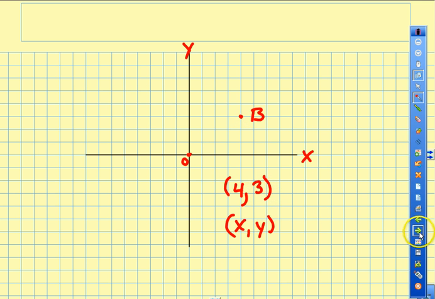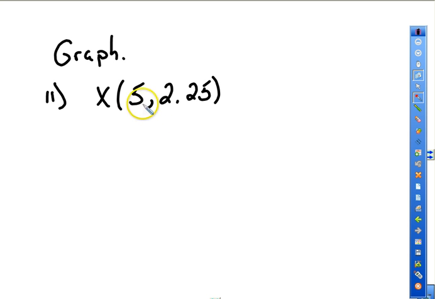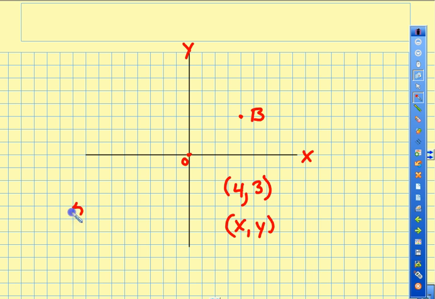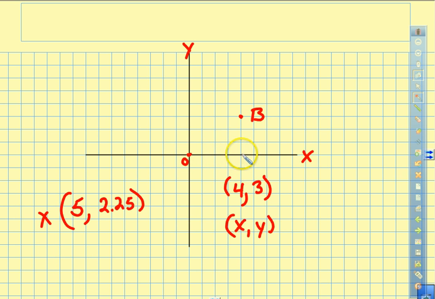Okay, so let's look at the next one. It says now graph 5 and then comma 2.25. So go ahead and graph letter X on that point. So just make your own graph and plot it. So I'm going to go back to this where it's 5 and 2.25 is what X was. So if we're going to go over 5, we go 1, 2, 3, 4, 5. Okay, and then up to 1, 2, and then